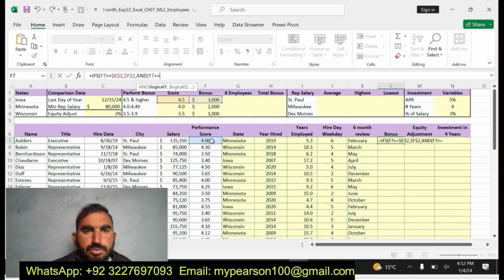You can see here I am going to apply the IF logical function in cell F7 to find the value for the bonus. E3 comma F7 and apply the absolute cell references.